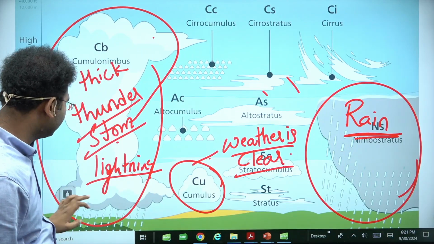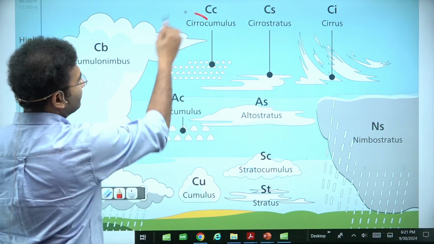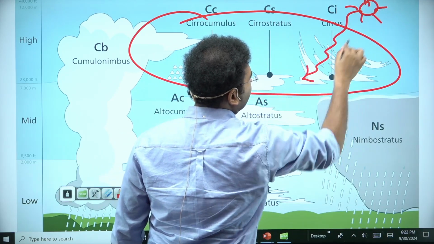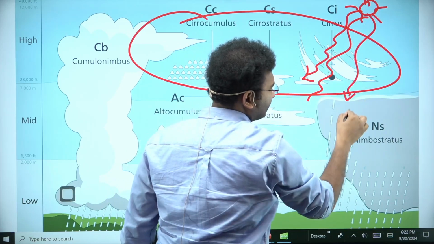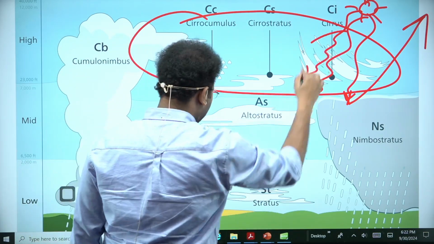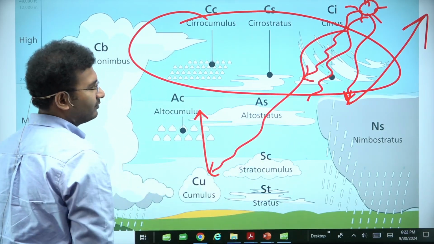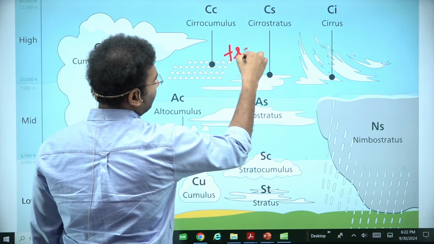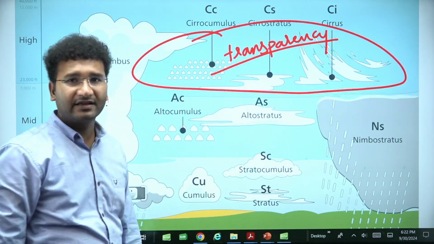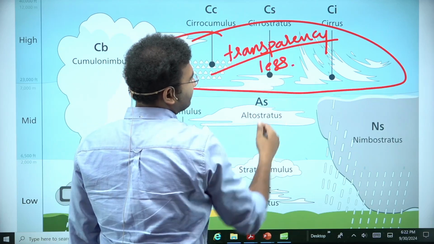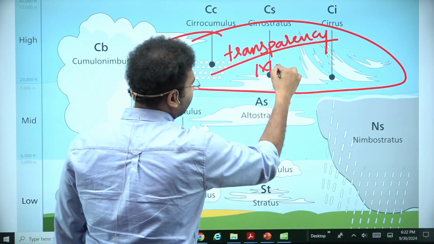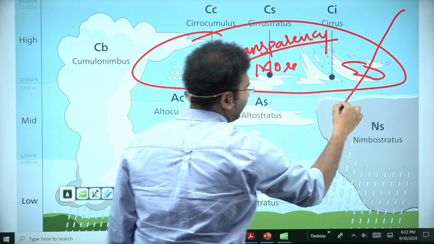And see here, these clouds are unique. These are called high clouds. These three. If there are sun rays, the sun rays can easily pass through these high clouds. But if the sun rays fall onto nimbus, nimbus will reflect them back, right? Or if they fall onto cumulus, cumulus will also reflect back. That means the transparency of the clouds present at the higher height is more, not less. Easily, the sun rays can pass through these clouds,